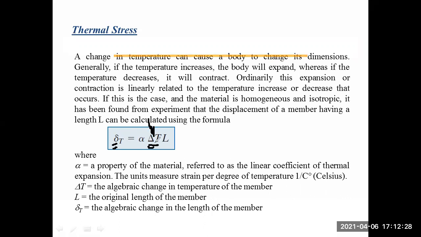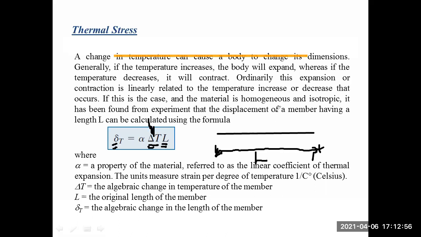So we have alpha times delta T times L, the original length of the element. So if we have an element and this is its length, L, from here to here, okay, L,